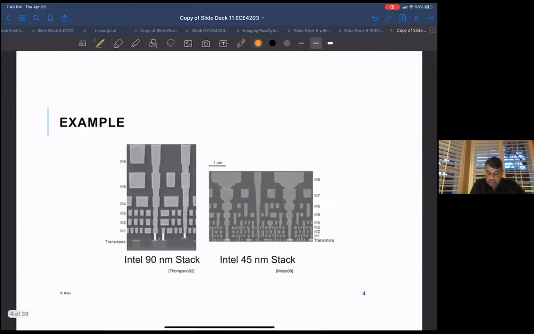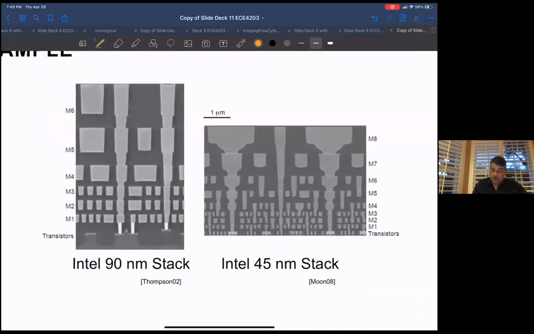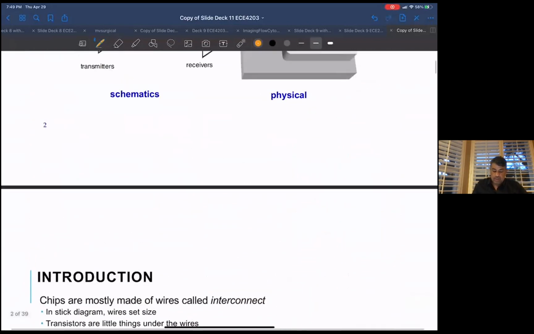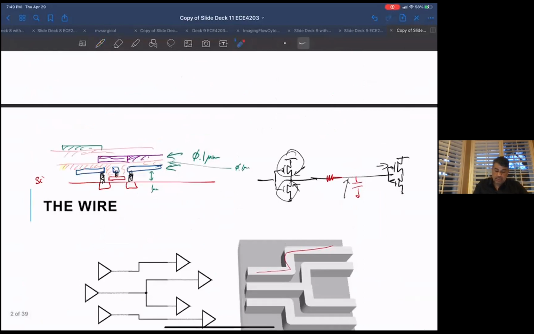Okay, so here's an example of how the interconnects look. It's a little bit unbelievable, because when you do cartoons of interconnects like I drew here, it looks like the transistor is about this width, which is wider than the width of these metal layers, etc. That's because back in the day it used to be like that, and old people like me think this way. But in reality,